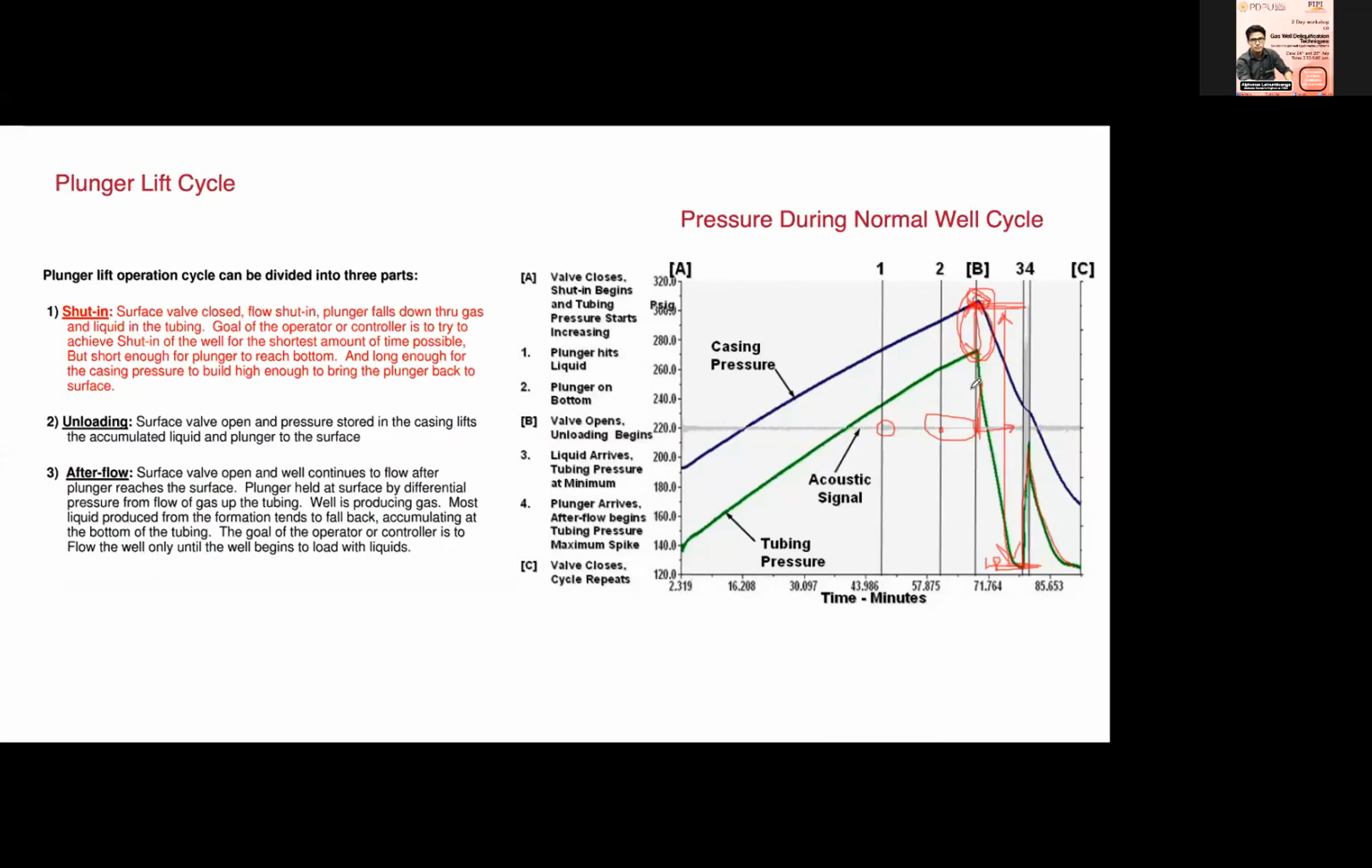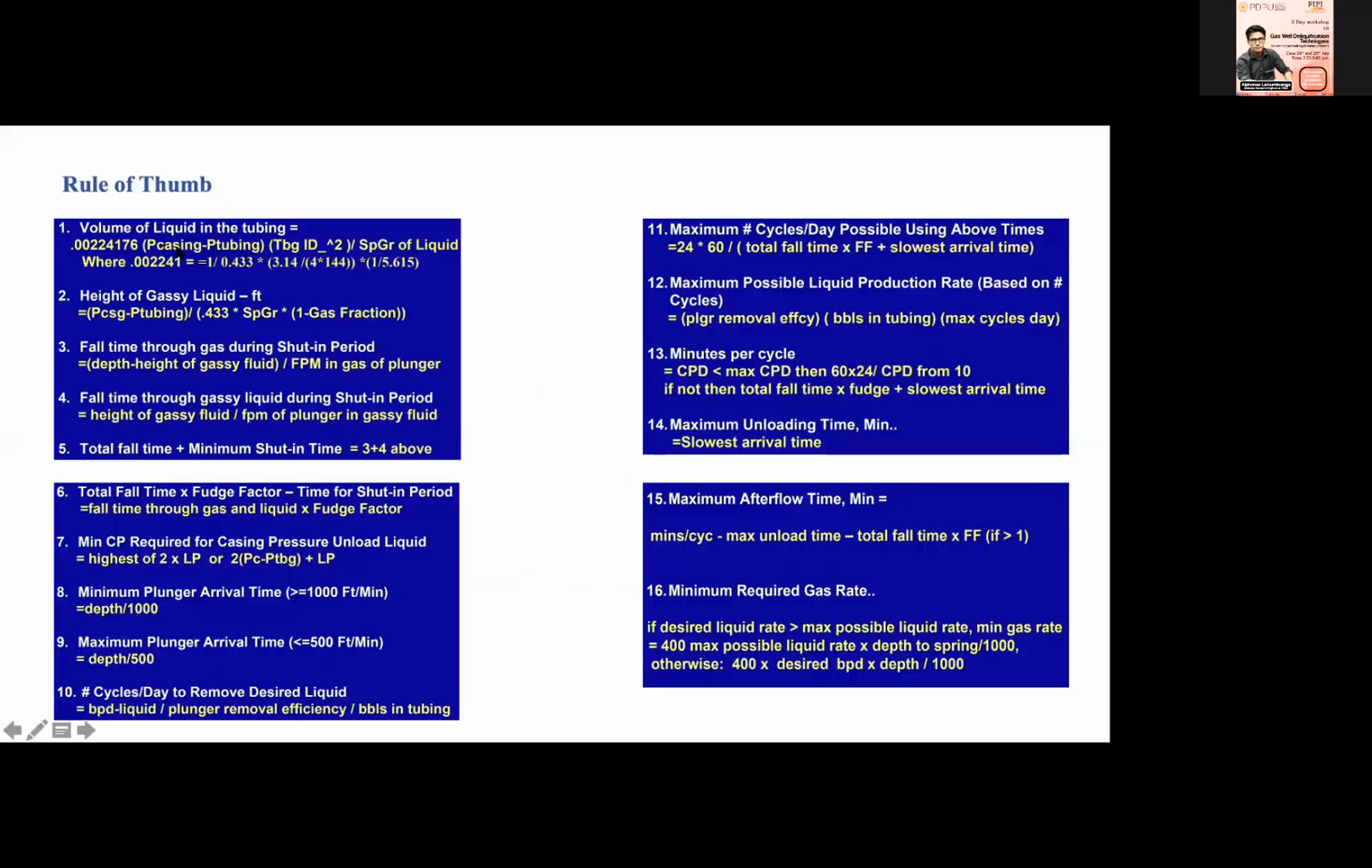So based on the load factor, you will be able to select the well with its GLR, with its casing pressure, whether the plunger will arrive at the surface or not. And there are some rules of thumb. This is used by the Echometer company. We have the rule of thumb like the volume of liquid in the tubing, height of gas liquid. I will be sharing this with you,